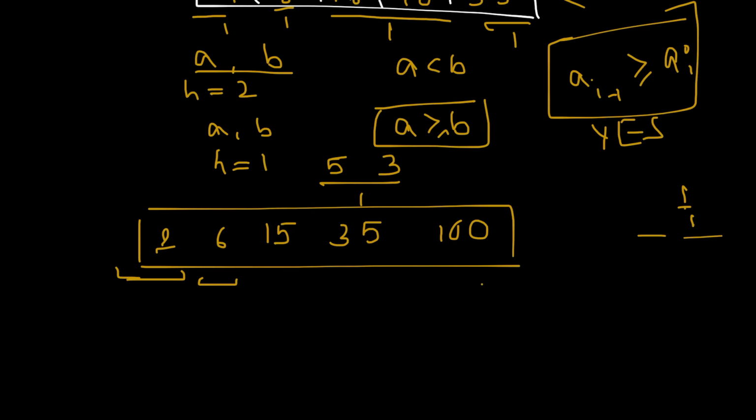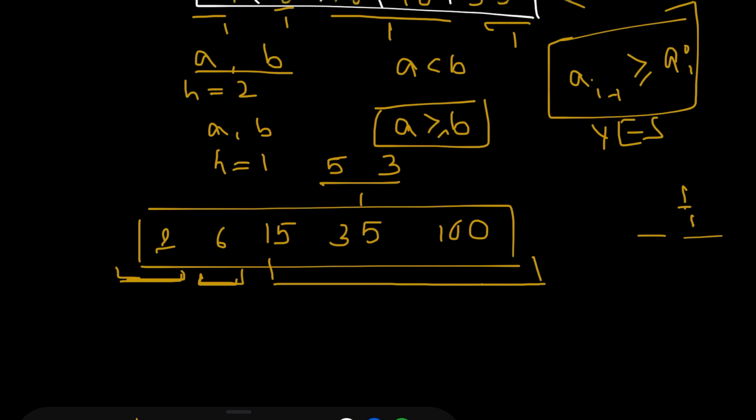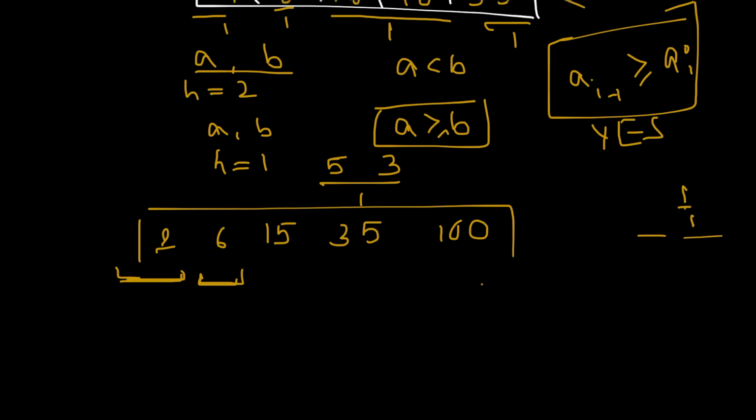Here I have taken 1. So for the first one, I have to take another subarray of length 1. Then only I can utilize that. And see, again, we are stuck with the same thing. We have another subarray of length 3, right? In case we have taken a subarray, sorry,